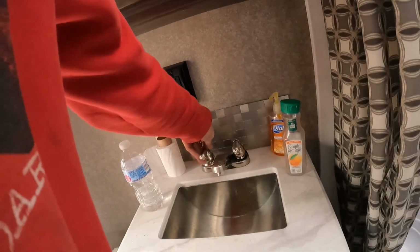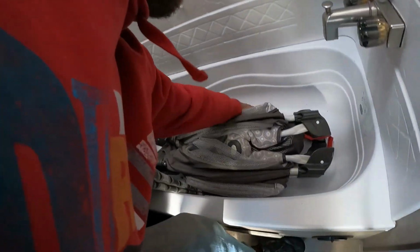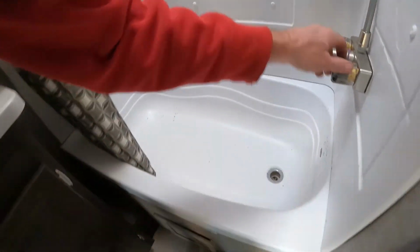What we want to do when we come in here is open everything up. I guess we don't need bathing suits anymore because, you know, winter is almost here. And we found it's a good place to store whatever the heck this thing is. Oh, the baby stuff. Pack and play, that's the word. Yeah, good pack and play storage. So with everything open,